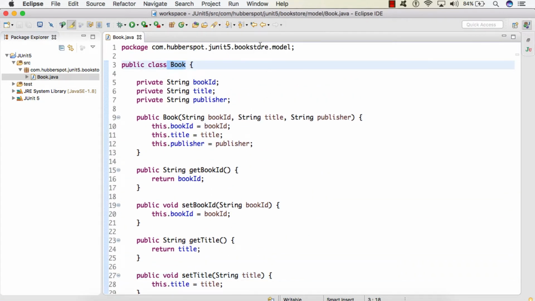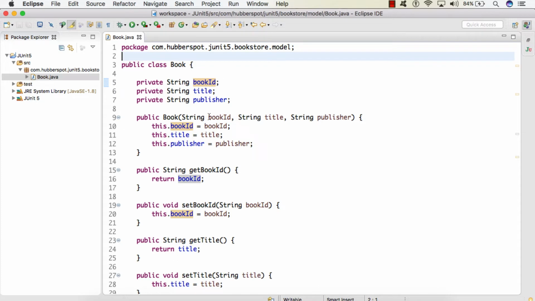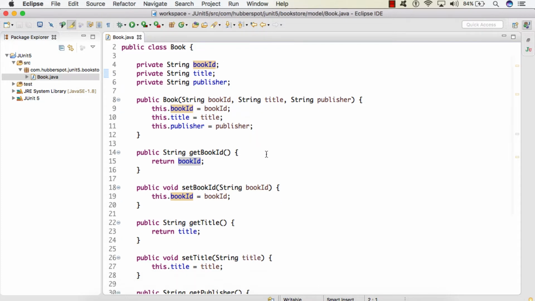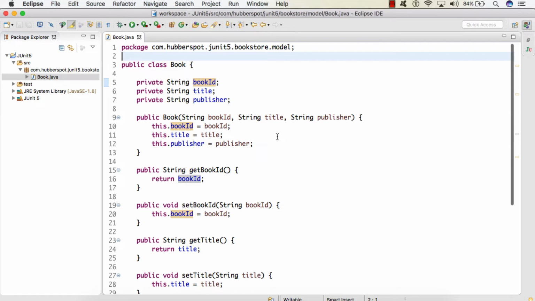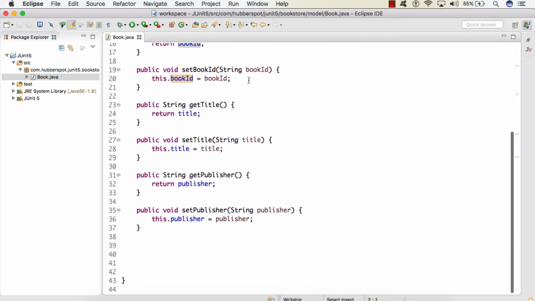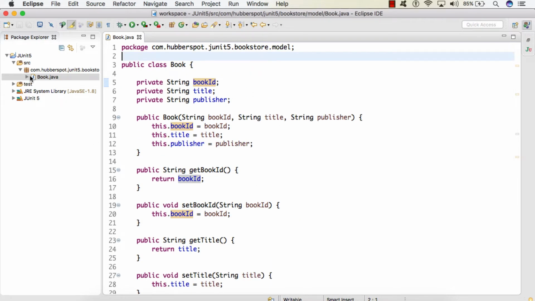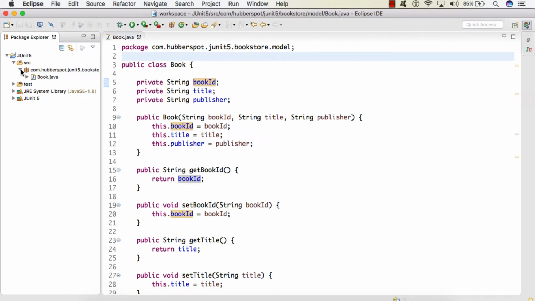So here book is our model class having 3 properties as book ID, title and a publisher, and have one constructor which takes in the book ID, title and publisher and its respective getters and setters.